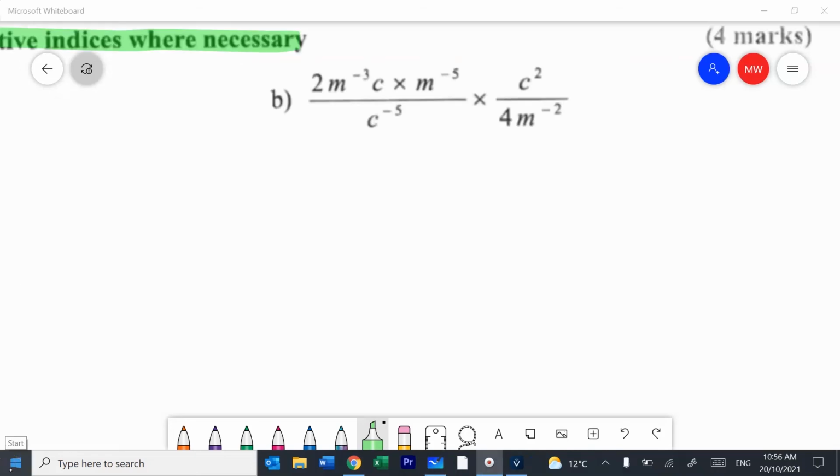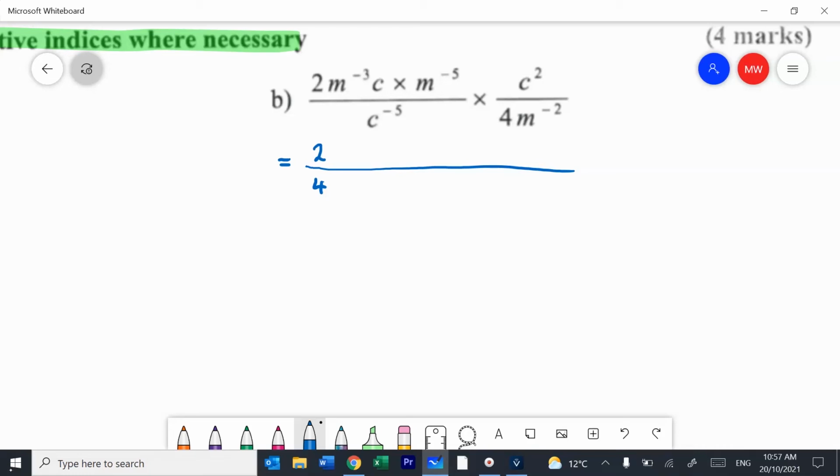Question 2 uses a more typical kind of set of index laws. There's a couple of ways of doing these. The only thing that I'm going to point out with this one straight away is don't muck around with the numbers, okay? Leave the numbers where they fall. So when I start this one off, the very first thing that I do is leave the 2/4. You could simplify it straight away to a half if you wanted to, but just run across the top, collect up your numbers, run across the bottom, collect up your numbers,